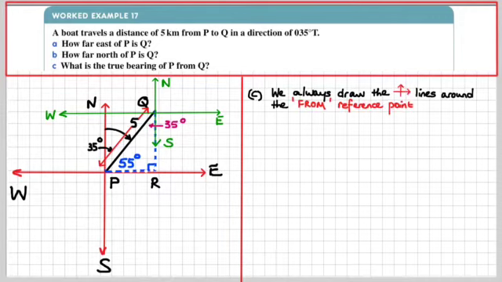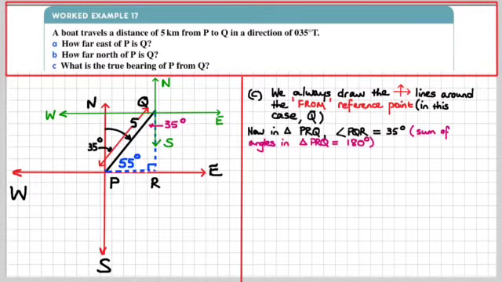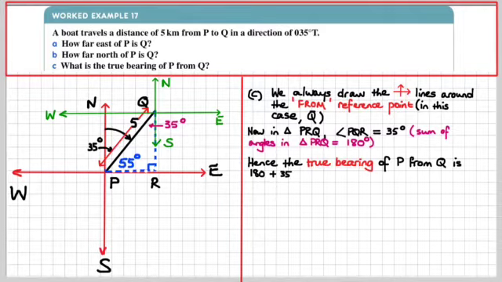Now, yes, you put the compass lines around the from location, which was Q in that case, and we know that angle PQR is 35 degrees because the sum of the angles in that triangle PRQ is 180 degrees, and hence the true bearing, guys, of P from Q is, as I said,